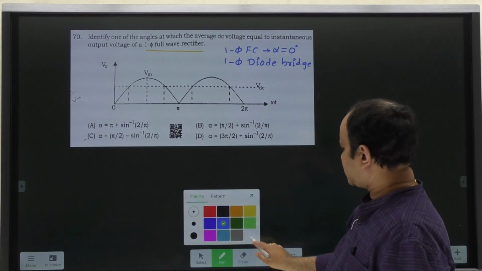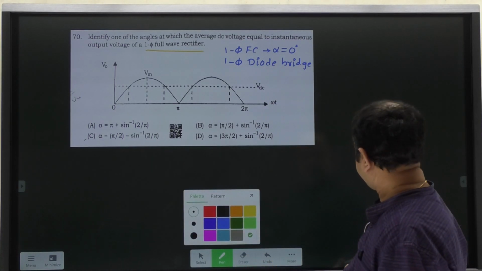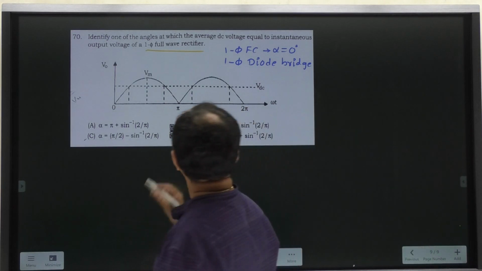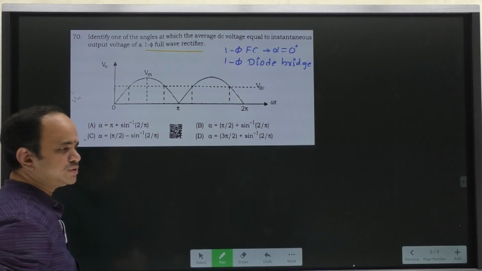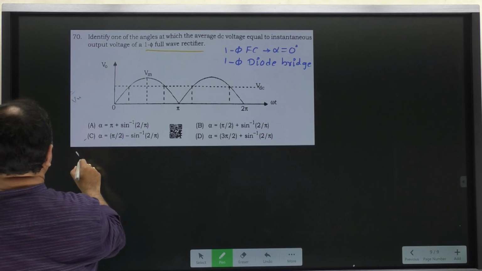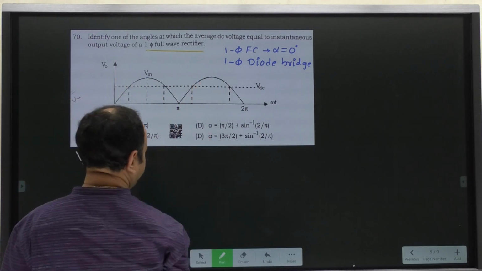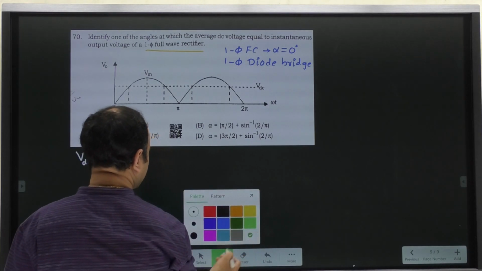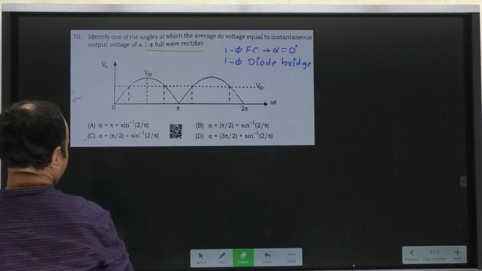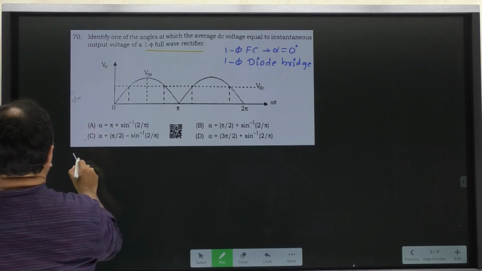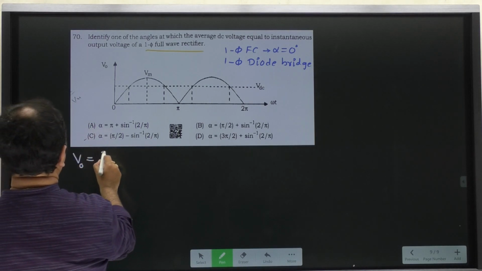Okay, so first clarification is that. Next, for both of these circuits, the average output voltage, let me use a normal notation V0, is equal to 2 Vm